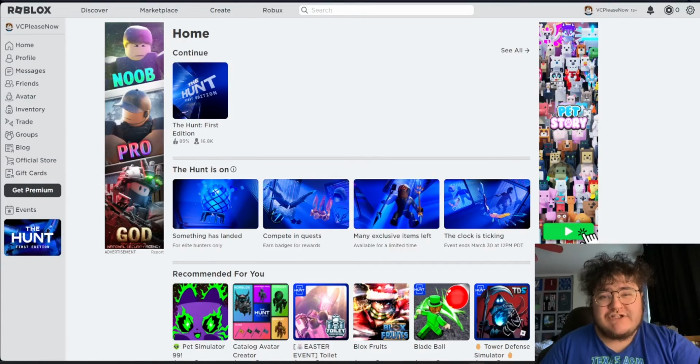If you're looking to delete your Roblox account, the process isn't super simple and it's kind of hard to find, so let's walk through it together. First and foremost, you actually need to make sure you want to delete your Roblox account. This means that if you have any Robux or any progress on any of your games, all of that is going to be lost as soon as your account is deleted.